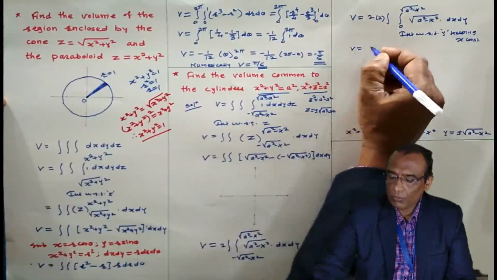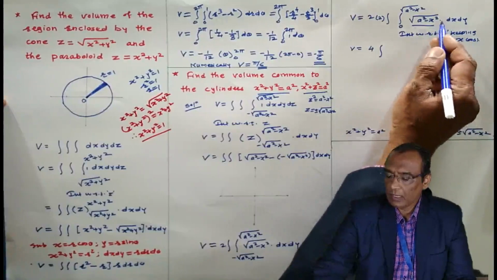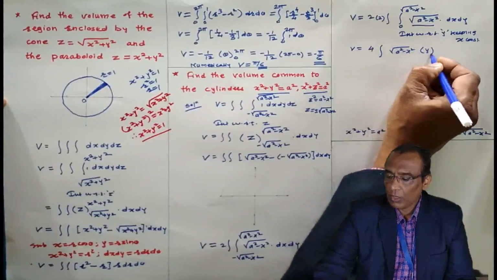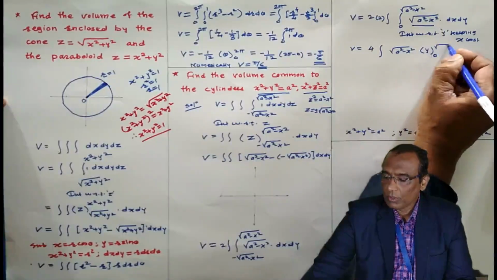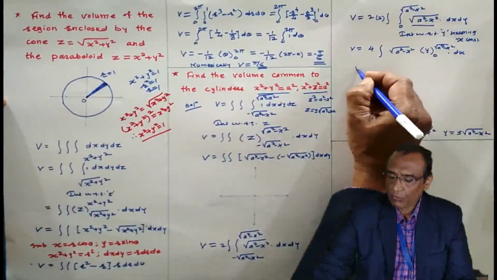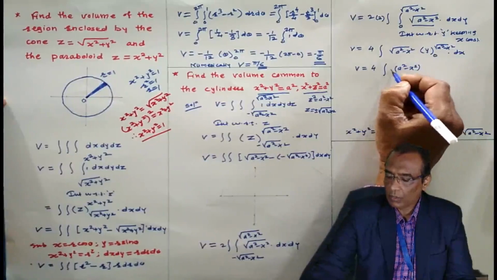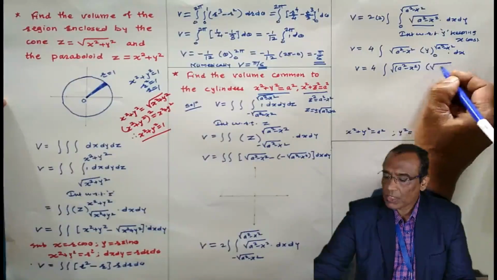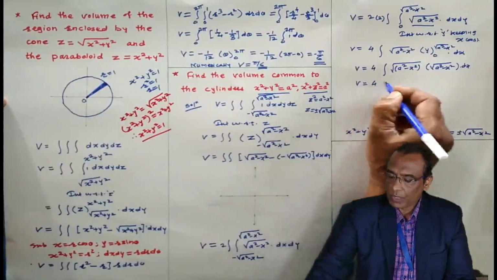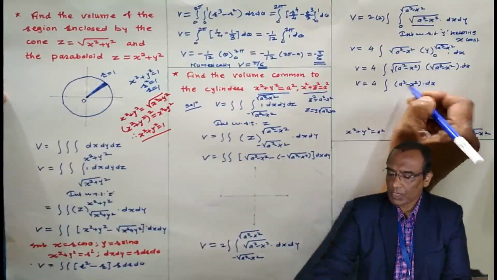Now volume is equal to 4 times integral, this is constant term, x is constant, and the integral of 1 with respect to y is y, upper limit minus lower limit. We have integrated with respect to y, only dx will remain. Now V is equal to 4 times integral of under root of a square minus x square, and y is equal to under root of a square minus x square minus 0. V is equal to 4 times, the root of this into root of this will be a square minus x square.